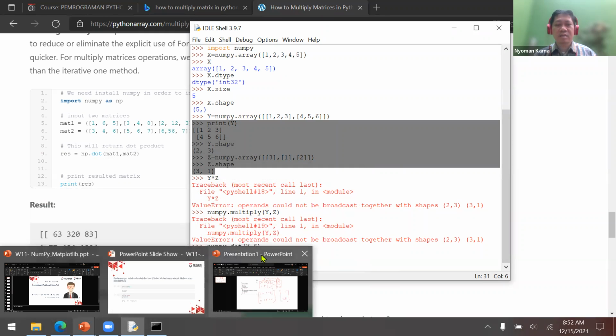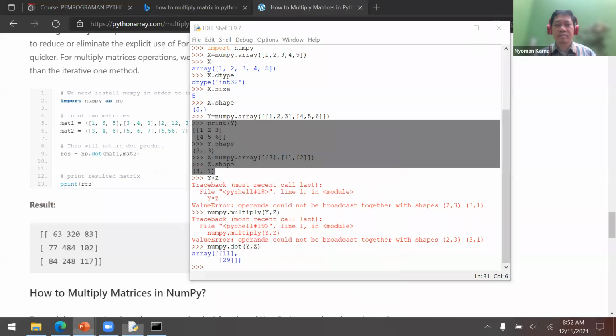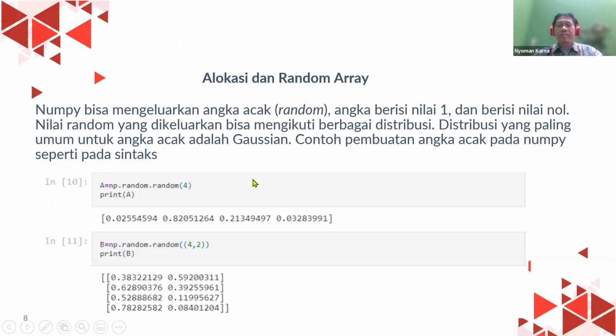Okay, now let's move to the next slide. Now, in NumPy, we can also use a special function called random. Instead of creating values for our matrix or array, say I don't want to input a 100 by 100 matrix, we can just use the random function.